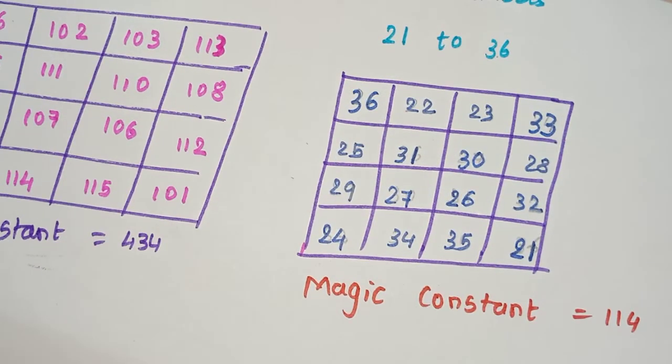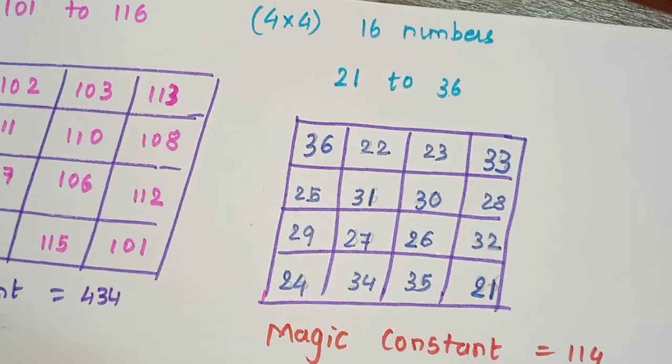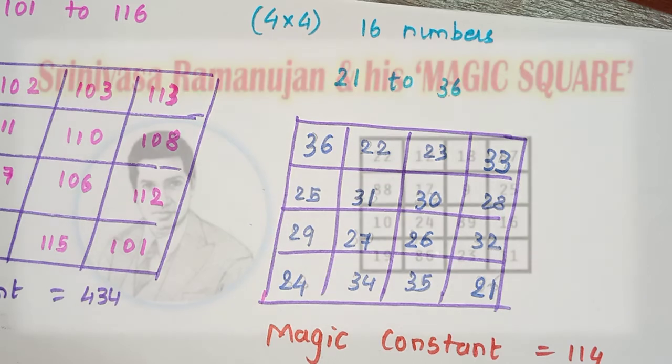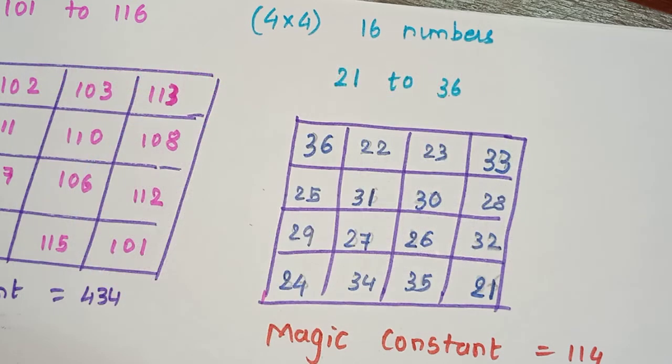I will show you that the Ramanujan magic square is also made using this only. So I will next show you the Ramanujan magic square. You will be able to see it on my screen. In that also, 22, 88, 10, 19, the same trick is there. So how to make it, containing 16 elements, I have shown you, and this is the trick for making a 4x4 magic square.